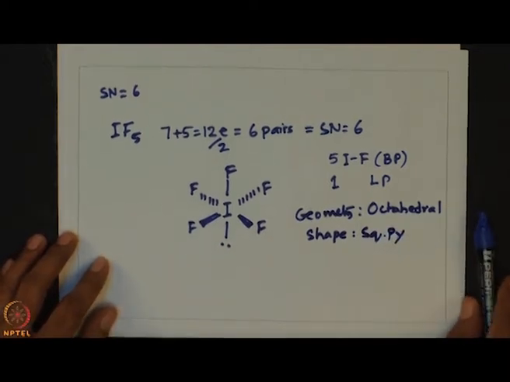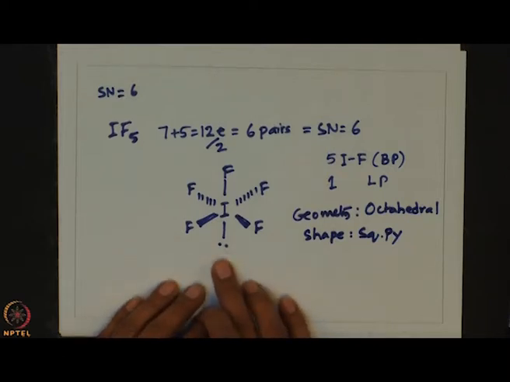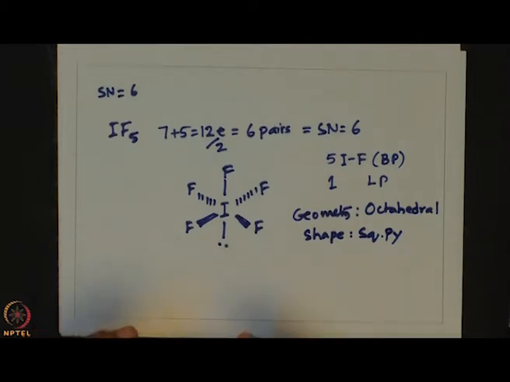Square based pyramid. So these are the examples where we have a lone pair, and as a result we are seeing the square pyramidal shape for some of these molecules having steric number 6 with one lone pair and 5 bonded pairs. Another example is BrF5. Let us look into the last one in the series, octahedral molecules with steric number 6 having 2 lone pairs and 4 bonded pairs. Example considered here is XeF4.